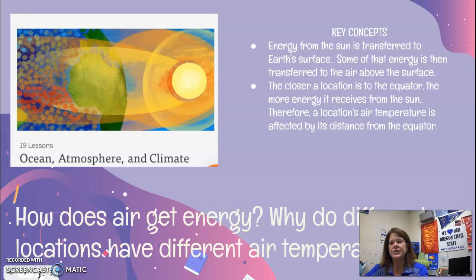Okay, next up we're going to end the year with ocean, atmosphere, and climate, and with weather patterns. So in the ocean, atmosphere, and climate unit, those students are going to take on the role of a climate scientist, and they're going to investigate Christchurch, New Zealand. And they're going to investigate why there is a change in the air temperature that's happening during El Nino. As before, they're going to use some different simulations. They're going to use some hands-on materials, and they're going to discover how energy is transferred to the air. And then